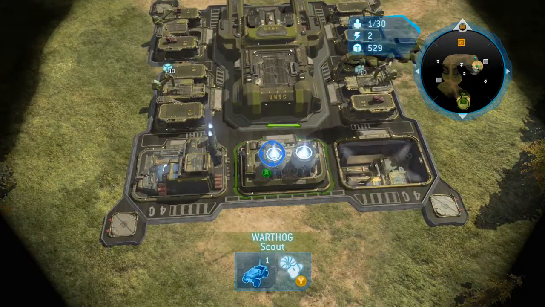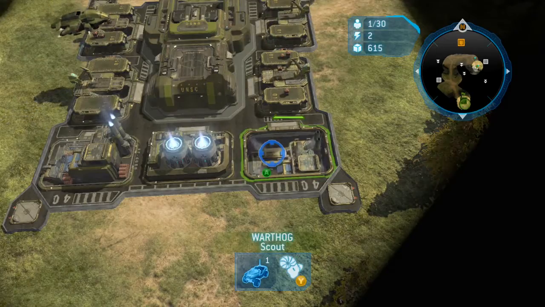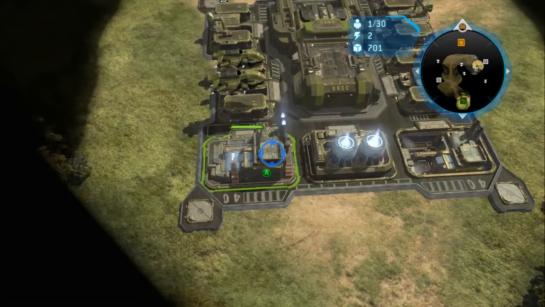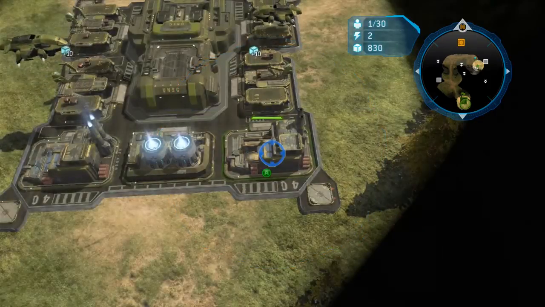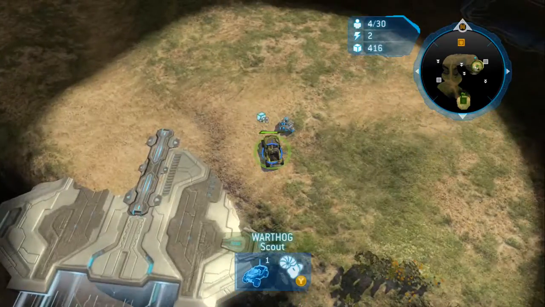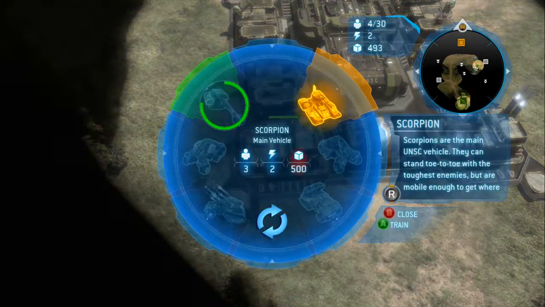So my first vehicle depot there is upgrading canister shell on my tanks, which is about halfway done, as you can see. Now my second vehicle depot, what's that going to be doing? That's going to be buying my tanks, and that's almost complete, and I'm just waiting it out, and right as it builds, buy that tank for 500. Tanks take a while, so it's better to be double pumping for rushing. You can also do this